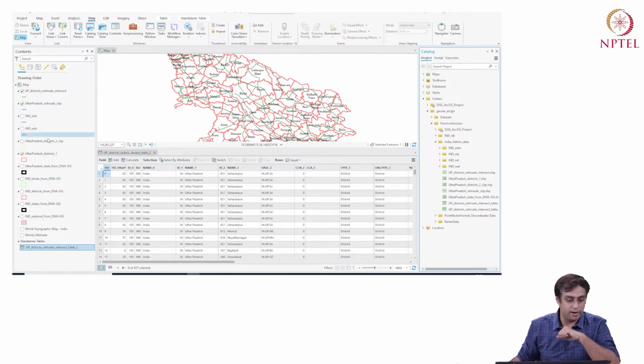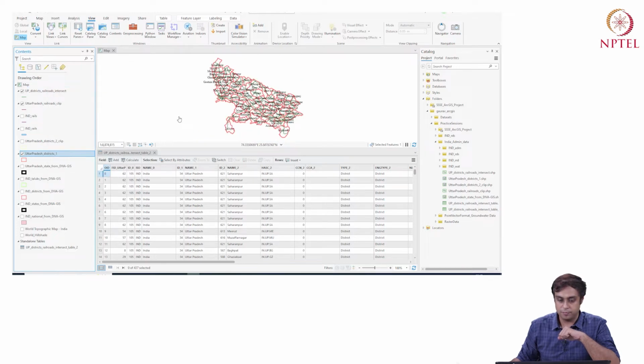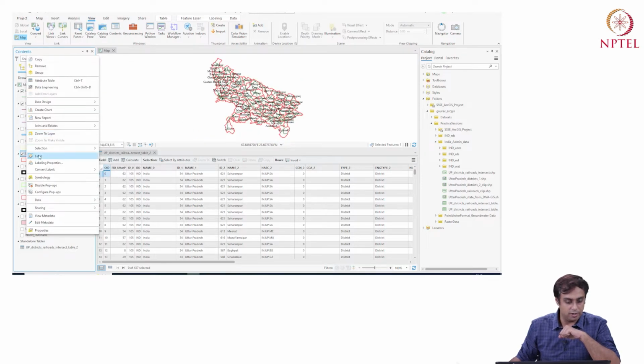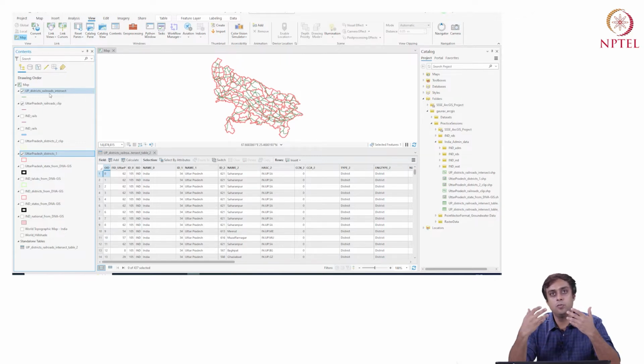Let me just zoom to layer for your convenience. I will also remove labels, things that we have done till now. And what we did previously was, we used this intersect tool in the geoprocessing toolbox, under view in geoprocessing.